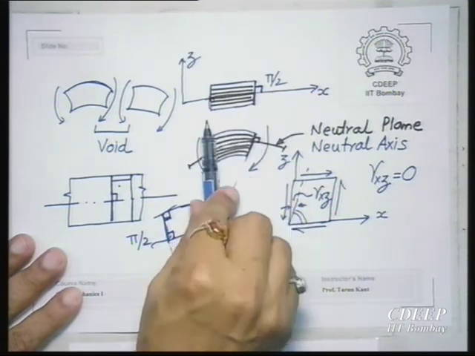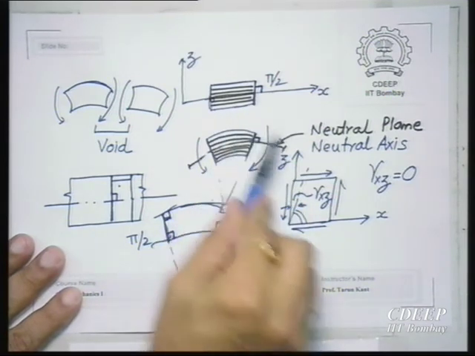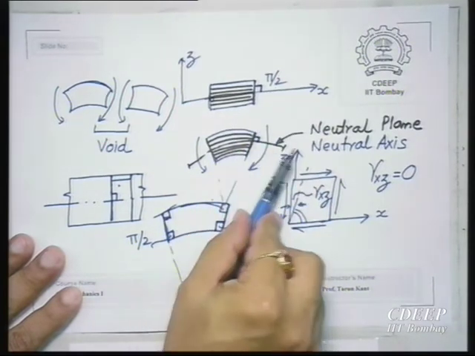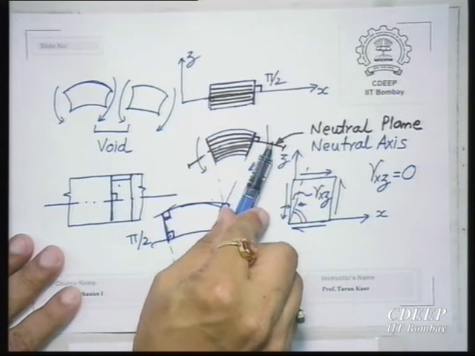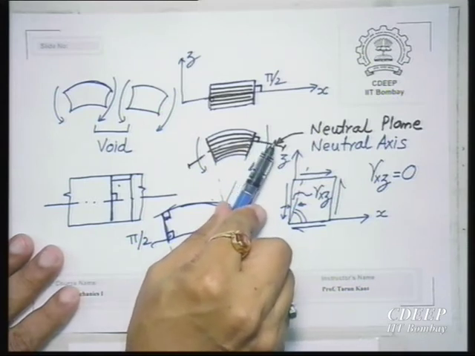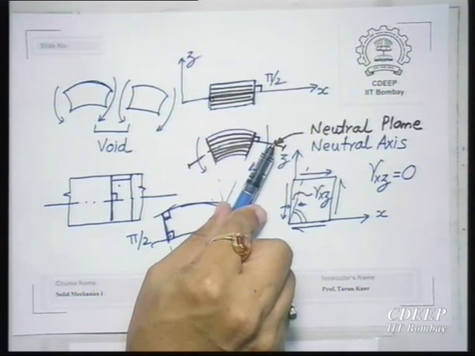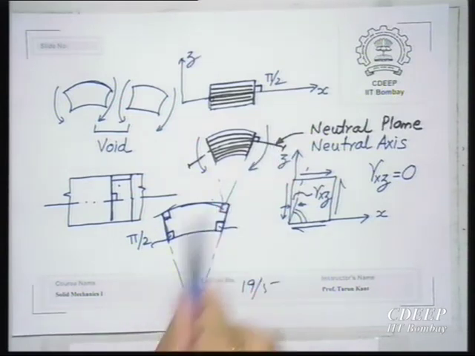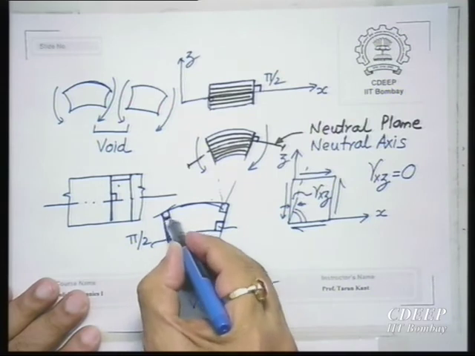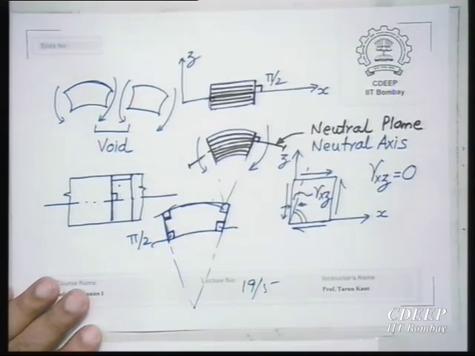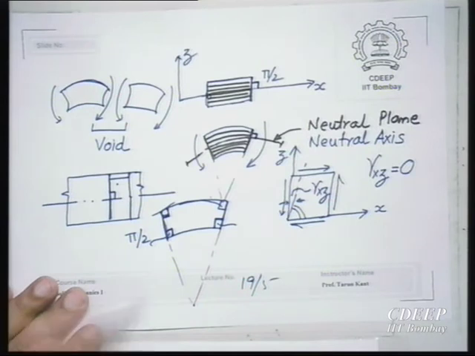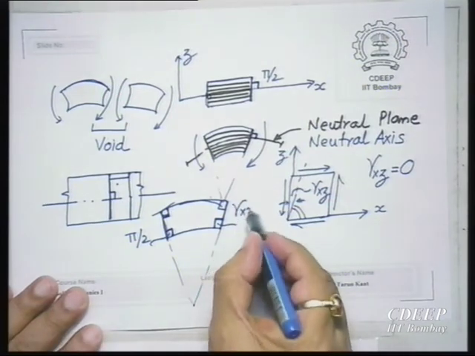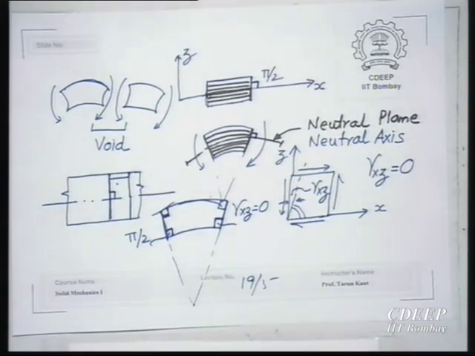But now the question is whether they will be 90 degree to the deformed x axis or not. So now we are saying, if the shear strain is 0, then they have to be 90 degrees. Otherwise this is not possible. This angle cannot remain 90 if shear strain is present. So gamma xz is 0. So transverse shear strain is 0. Just remember this, and as I proceed, it will become clearer.